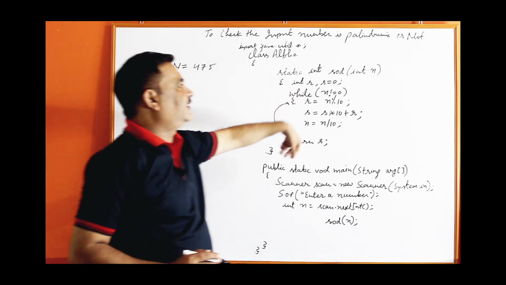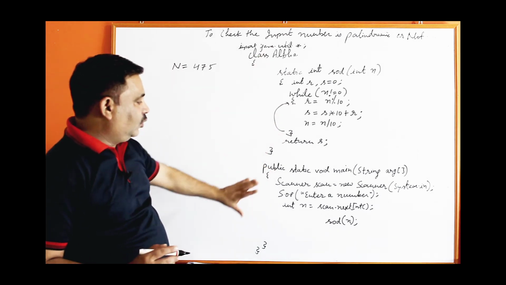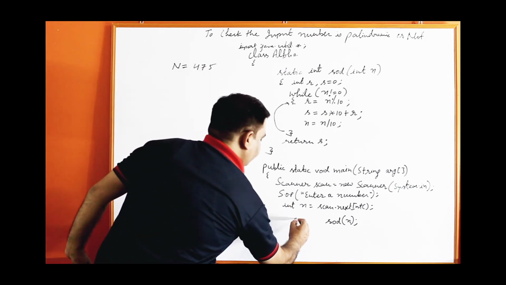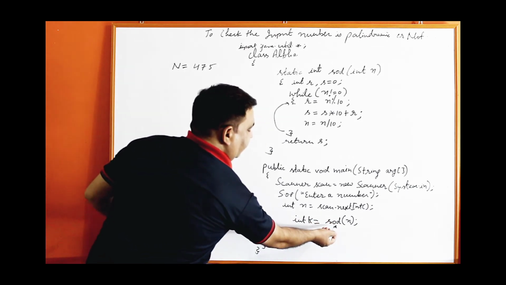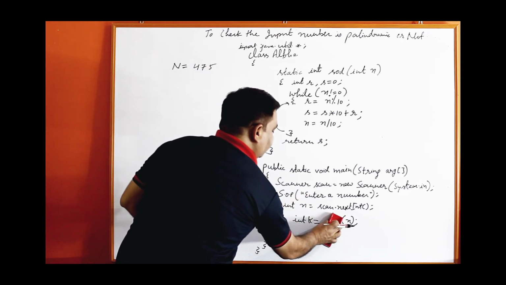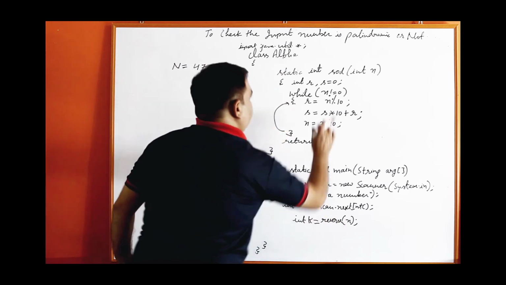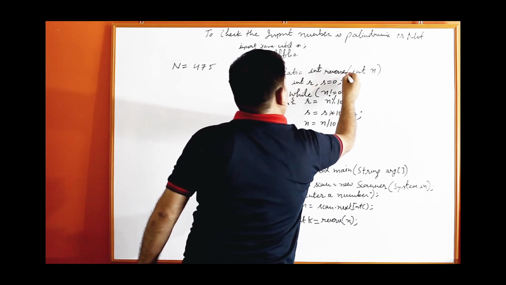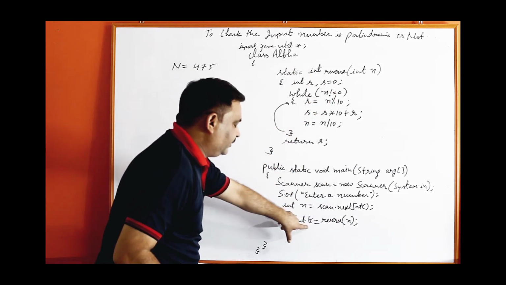Now, this function will accept a number and after reversing it, it will return it. So, we have to call it from the main. Now, the calling will be changed. Here you have to write int k equal to the function name, either SOD or any other name, even some different name like reverse. Also change the name of the function. Actually, it is not compulsory, but keep meaningful names. So, when you call the function reverse, pass the value of n, it will give you the reverse number which will be stored in k.